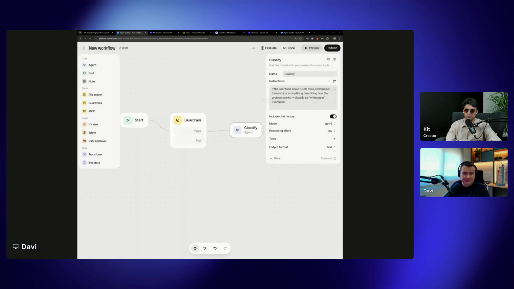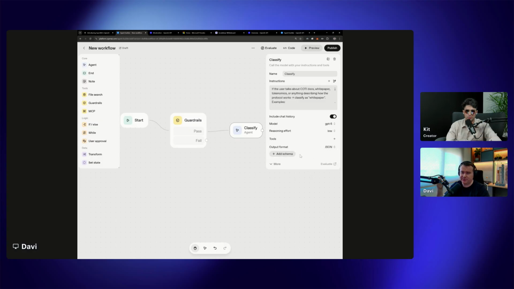All right, so I have basically this here. We can see, for example, the model that I'm going to use, that's GPT-5. The reasoning effort in this case, I don't need a high or medium reasoning, I can just use low. But the output is important for me here. So instead of just using text, I want to use a different format. I can select between widget, JSON, and text. We are going to use widget for the price, but here, as I'm classifying topics,